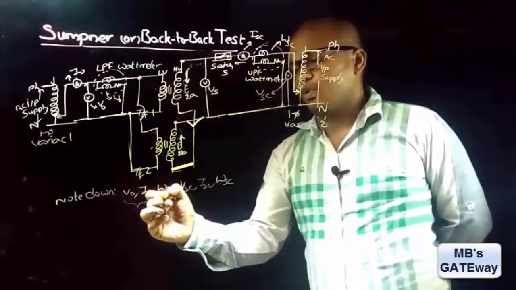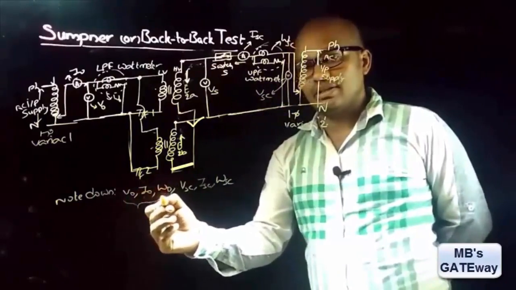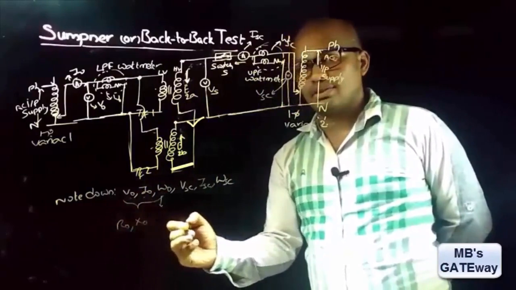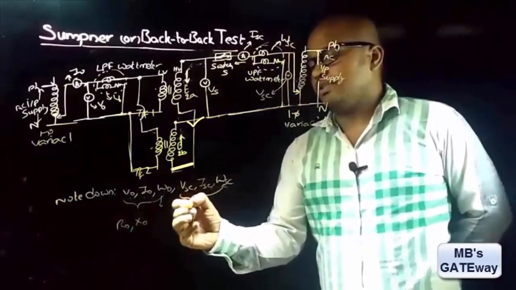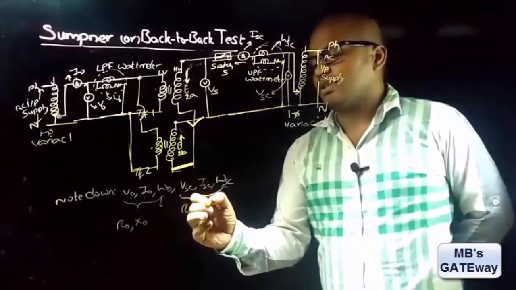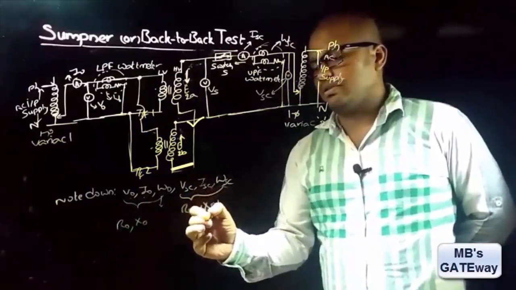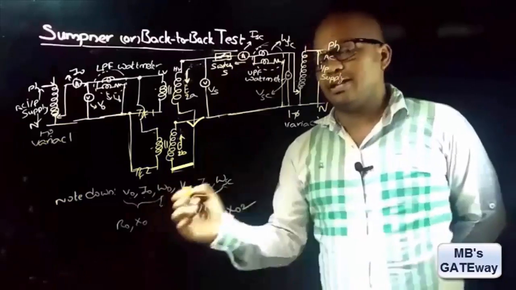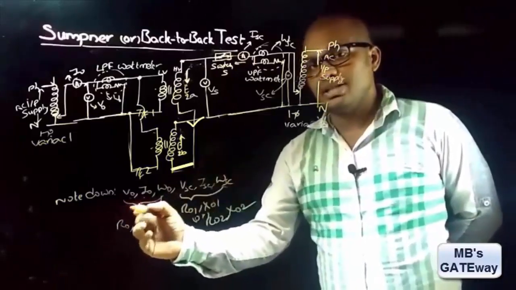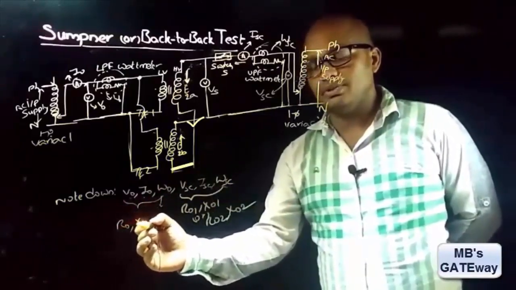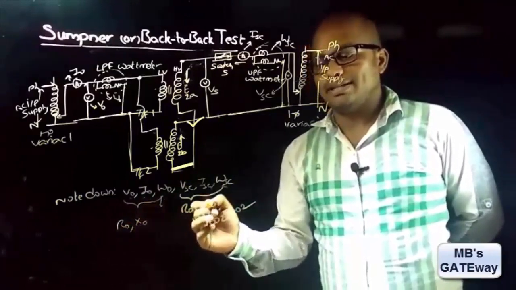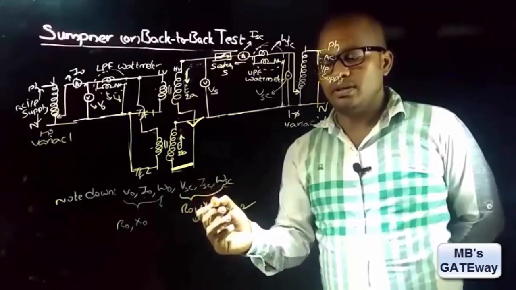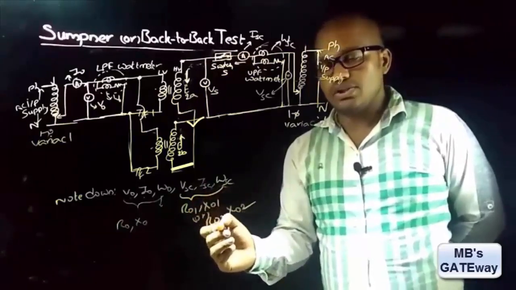And it is known from the open circuit test that by using these three data you can find the shunt branch elements R0 and X0. And by using this data you can find the series branch elements R01 and X01 or R02 and X02. And each transformer's shunt branch elements are equal to R0 by 2 and X0 by 2. And each transformer's series branch elements are equal to R01 by 2 and X01 by 2 or R02 by 2